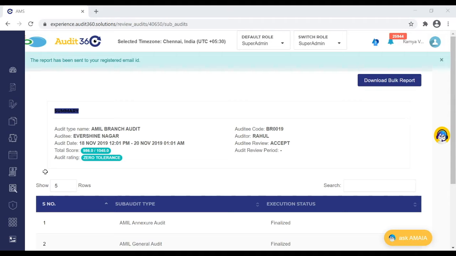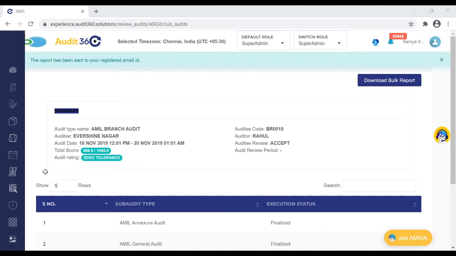In case of redistributed score, if any checkpoint has been identified as NA, that positive score gets redistributed among the other checkpoints within the group. If a complete group is tagged as NA, then the group score gets nullified from the total score and the denominator changes.